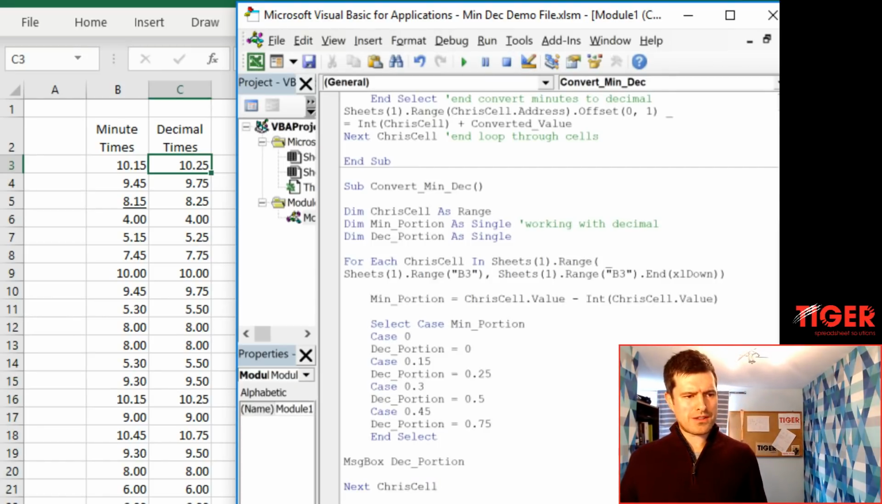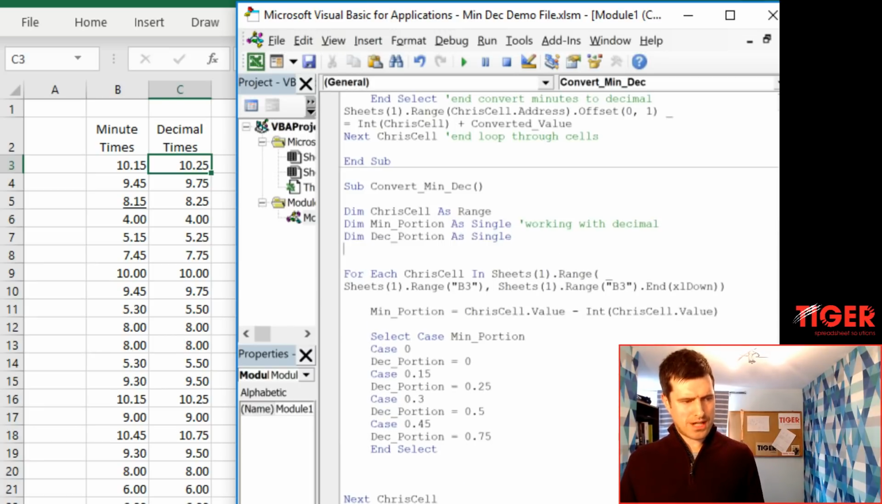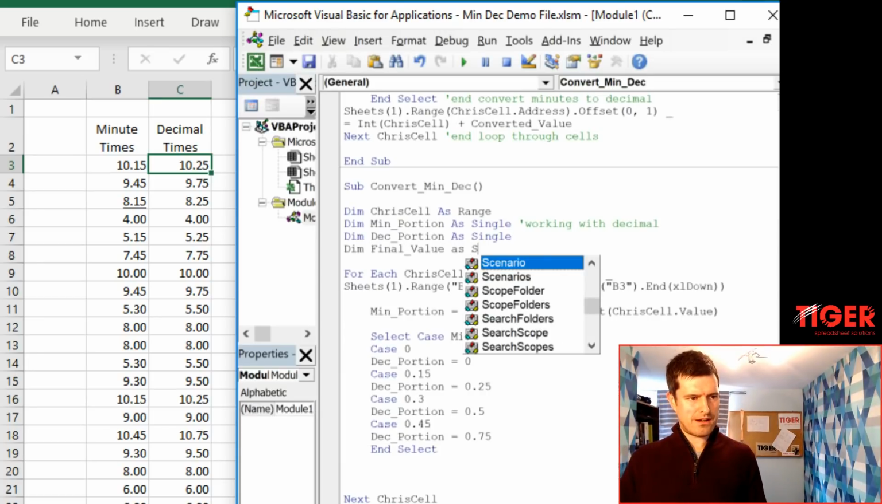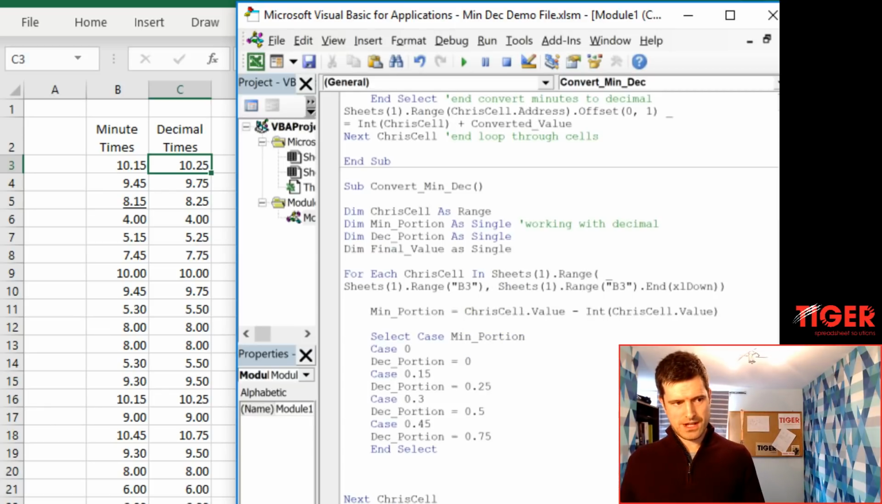So we've got the integer portion of the value. We know how to get that. Then we've got the decimal portion too. So I'm going to see if I can put that together now. And let's just use another variable here. So let's say final value. Not absolutely necessary to use a variable here. We could input this directly into the cell, but I think it's going to be easier to understand. Let's say final value